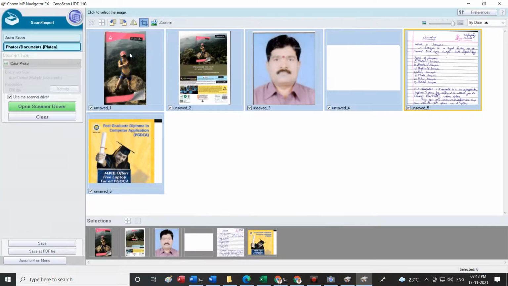After the scanning is over, most important is how do you save these images. So please make a note of it. There are two ways of saving the scanned image.